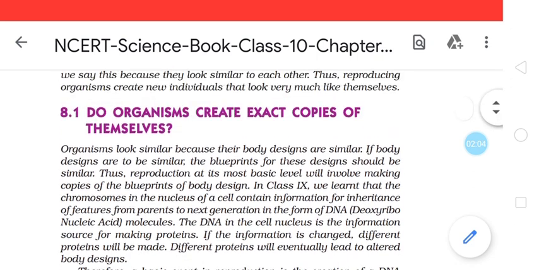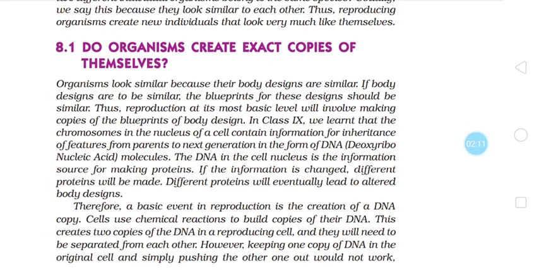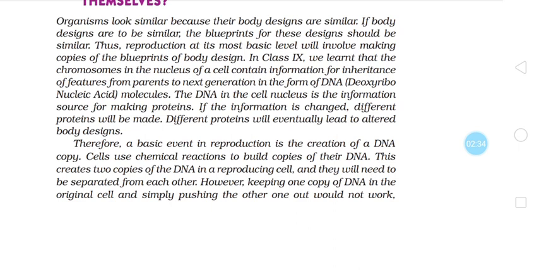Let's see next, 8.1. Do organisms create exact copies of themselves? Organisms look similar because their body designs are similar. If body designs are to be similar, the blueprint for these designs should be similar. Thus, reproduction at its most basic level will involve making copies of the blueprints of body design. In class 9, we learned that the chromosome in the nucleus of a cell contains information for inheritance of features from parent to next generation in the form of DNA, deoxyribonucleic acid